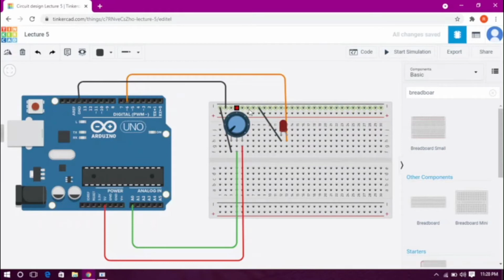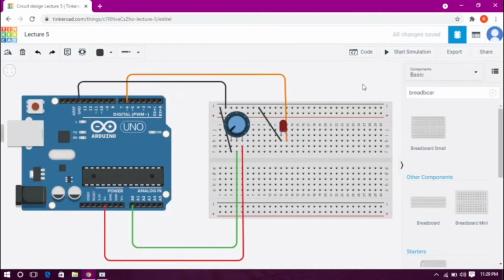We are also grounding our LED pin over here. Now we'll be giving a digital input to this LED through digital pin 6. And we are grounding our circuit from this point to the Arduino. So that is the whole circuitry.